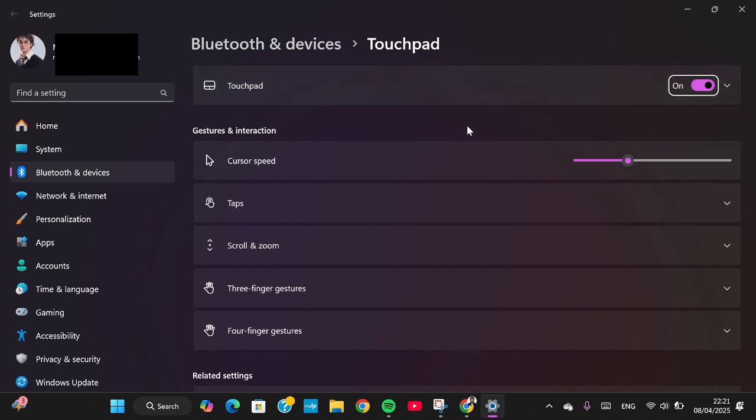cursor, I'm going to show you the shortcut using your keyboard. You can press Alt on your keyboard and then you can click on F4 and then the touchpad will be activated. You can try. Okay guys, and that's all the way to fix laptop cursor not showing in